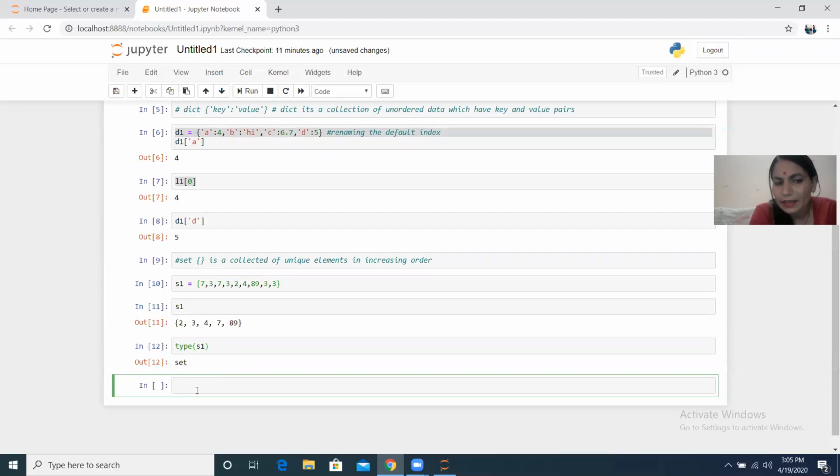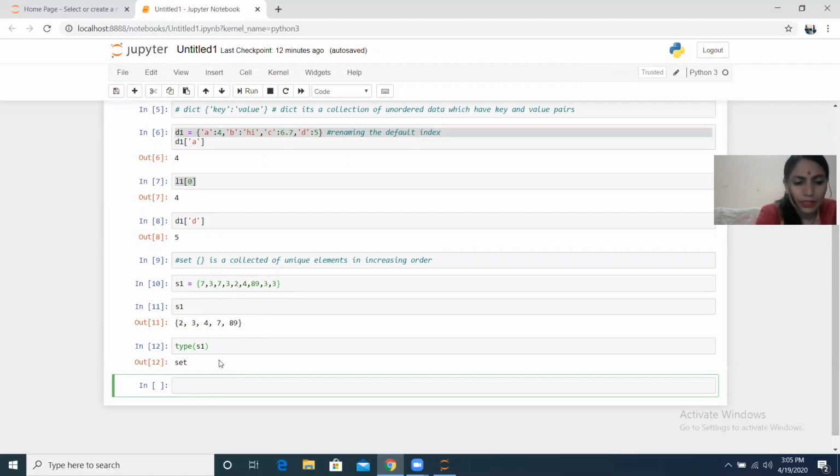So set is a collection of unique elements in increasing order. In case you have created a set with numbers, ये कोई duplicate record नहीं लेगा. You see 7 at 2 places and 3 at 4 places, but it has considered only 1 2 3 4 7. There is no duplicacy, and that is in increasing order.